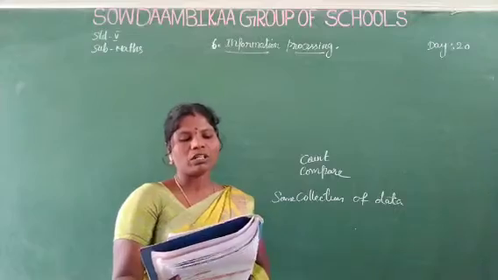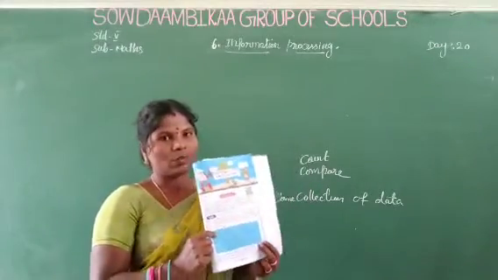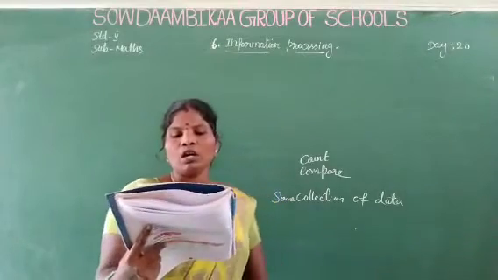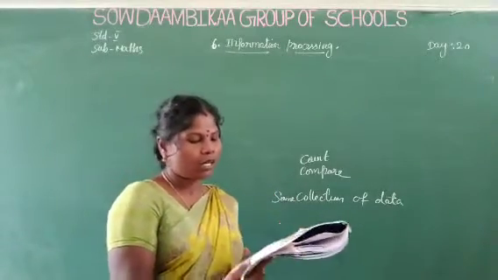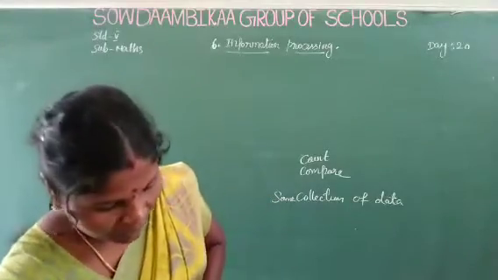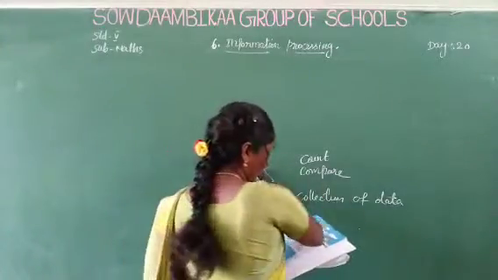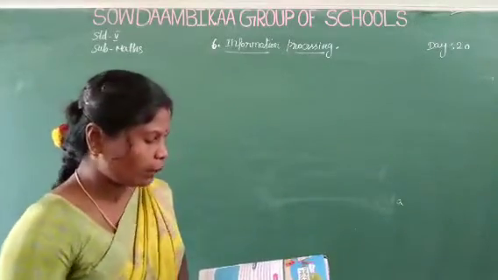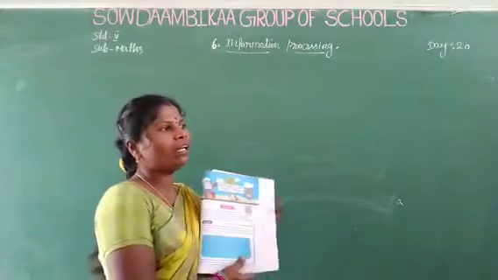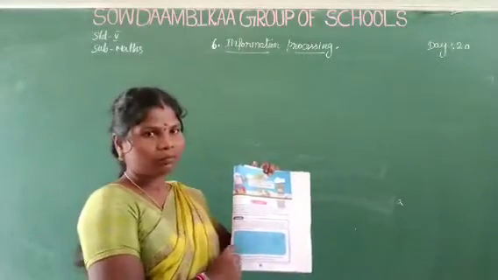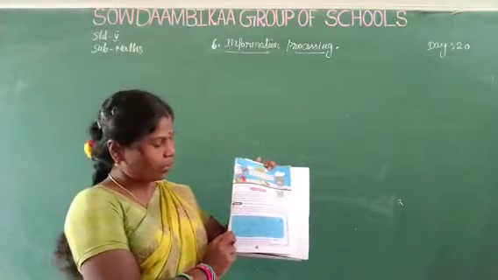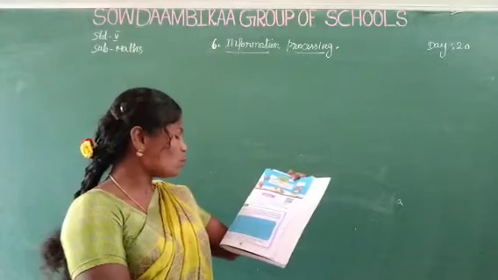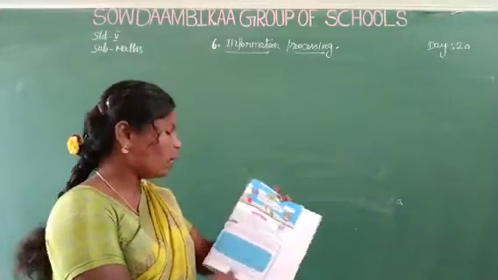See the same page number 81, the example. The teacher asked a student named Dinu to collect the pictures of his favorite sports articles, and Dinu collected them and handed them over to the teacher quickly. Let us see how it is possible for him to do it quickly. Dinu collected these pictures of some sports articles. So how to find it quickly? Let us see how it is possible.